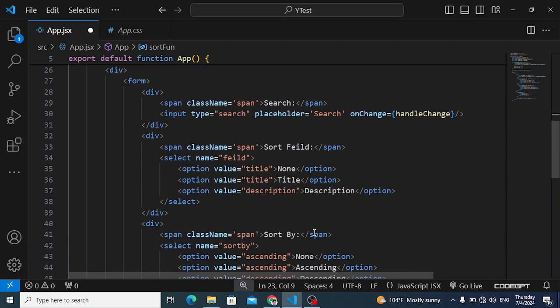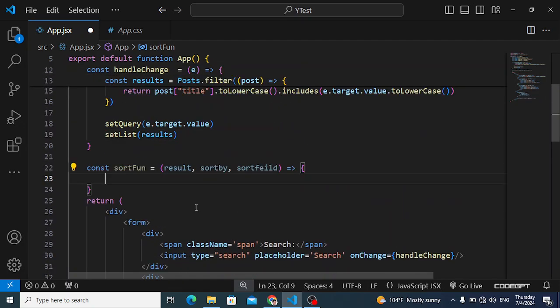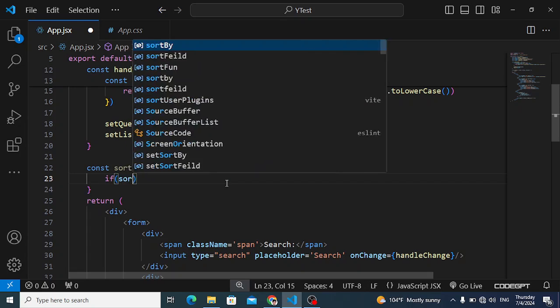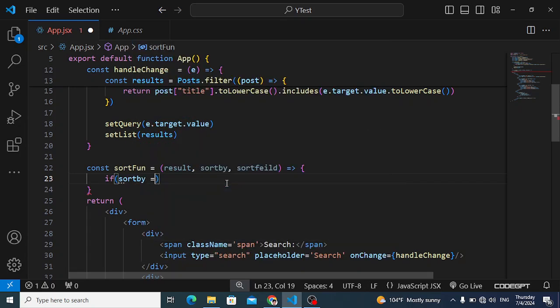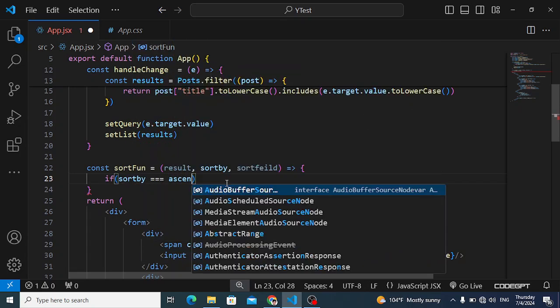So just I will change this, sort by, don't worry. Okay, so first of all we will check if the sort by order was ascending, so then we will sort for the ascending. If that was descending, then we will sort for the descending order. So let's do it. Okay, if sort by is equal to ascending,